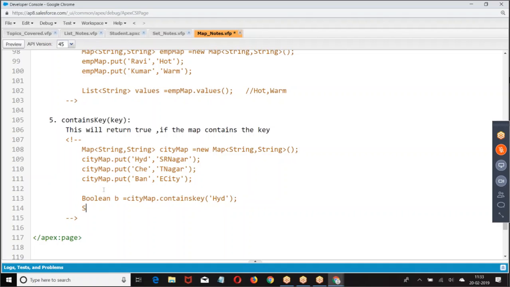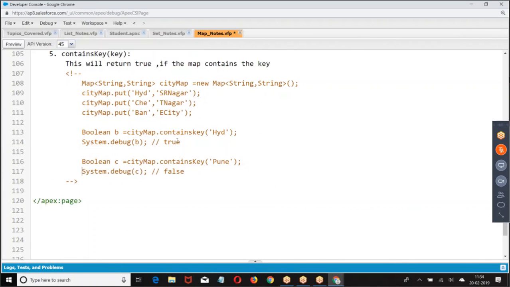Now, if it contains the key, then what happens? System.debug. If the map contains the key, it gives you true.